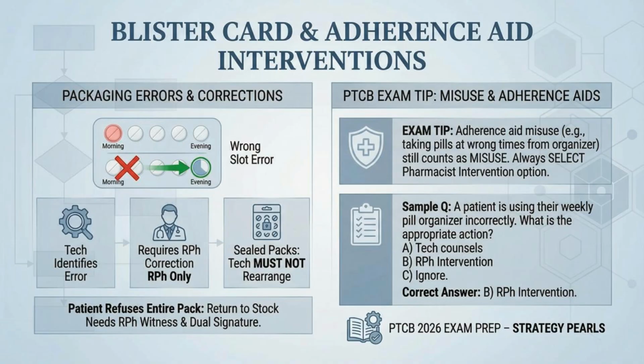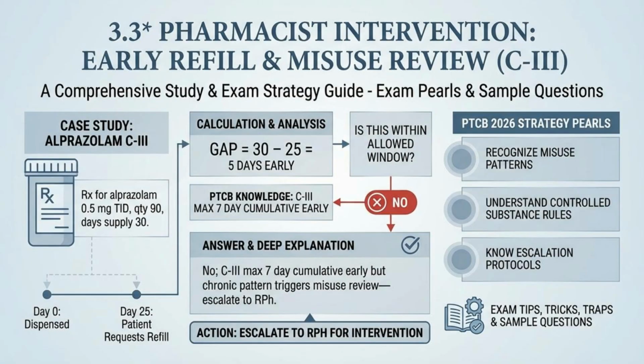For packaging errors in adherence aids like blister cards, the technician identifies the error, but the pharmacist must perform the correction. Misuse of adherence aids still counts as misuse and requires pharmacist intervention. For early refill requests of C3 controlled substances, the technician calculates the gap. Although a C3 may allow a maximum of 7 cumulative days early, a chronic pattern of early requests must be